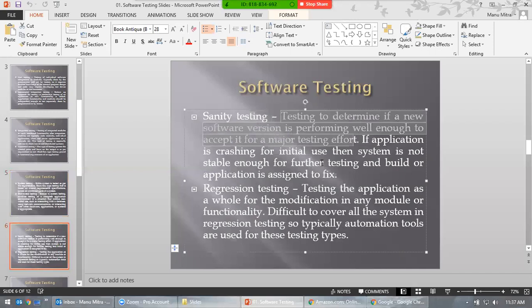The reason for having a different version is, let's say you have opened 5 to 6 defects, and management thinks these defects are too many, and they want to fix the defects and also add new functionalities and features. So they come up with a different version. That means all those defects are fixed, and they also improved the features and functionalities and released a new one. That's called a new version. Testing that new version is called sanity testing.